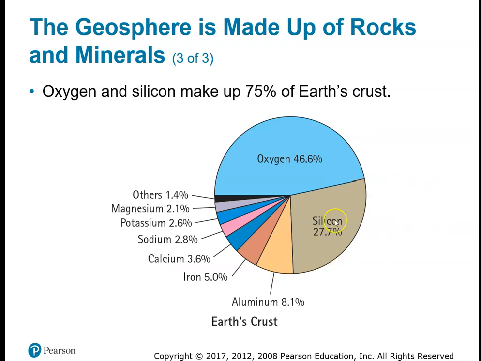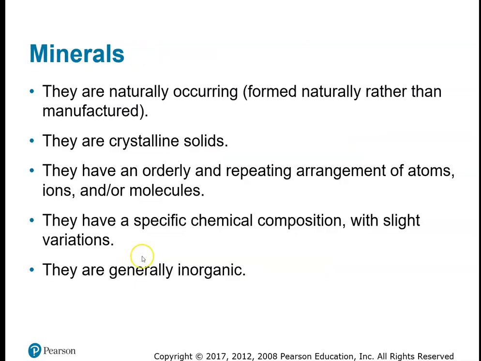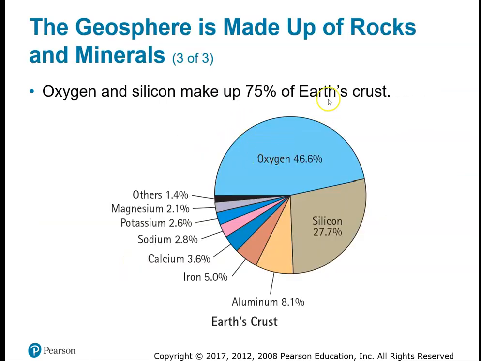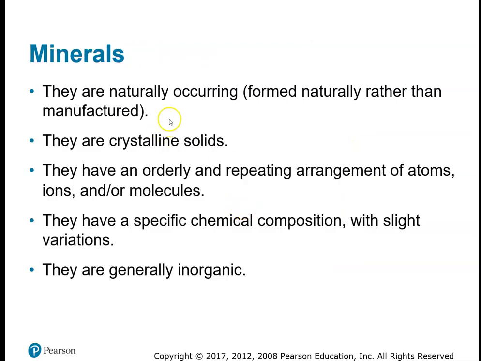Right. So within the crust of the Earth, of course, we have these different... This is just for the crust. This is the percentages of the different atoms that we find in the Earth's crust. And what we find, and this is true for the entire Earth, is there are